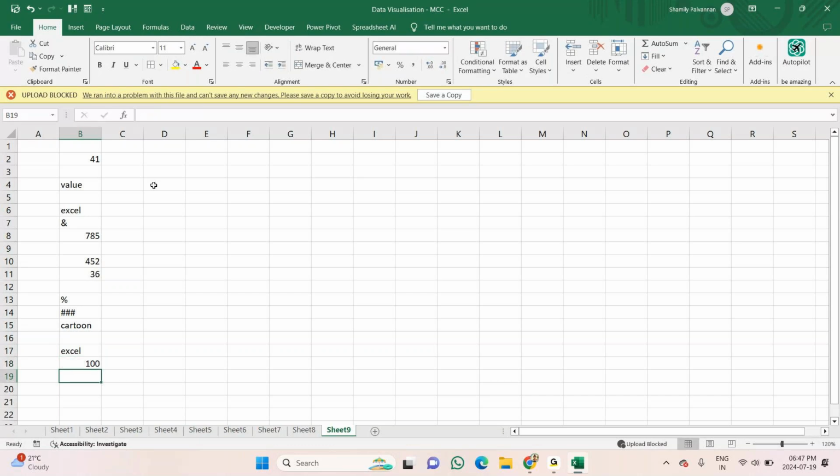So here I have added some numbers, symbols, as well as some text.